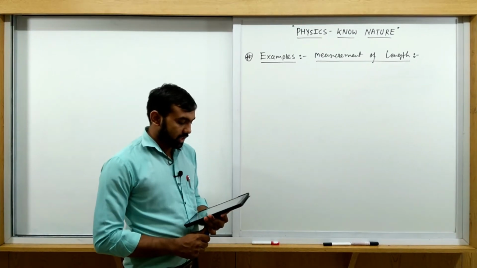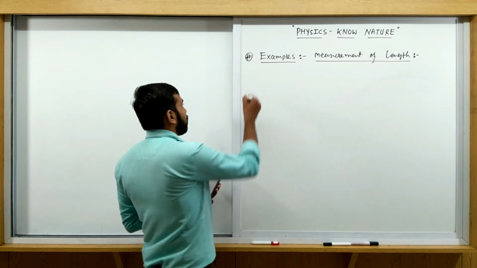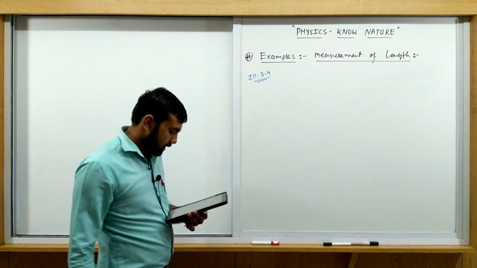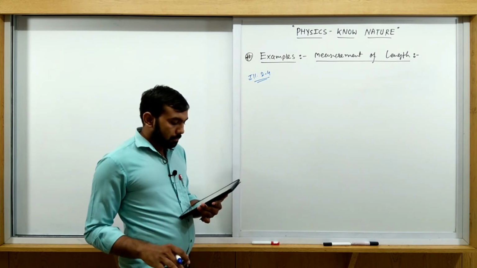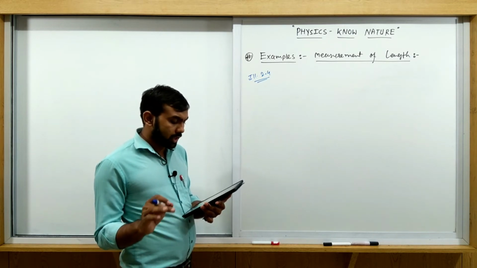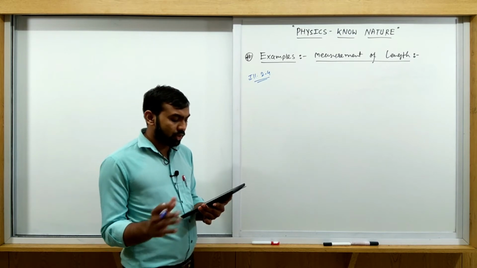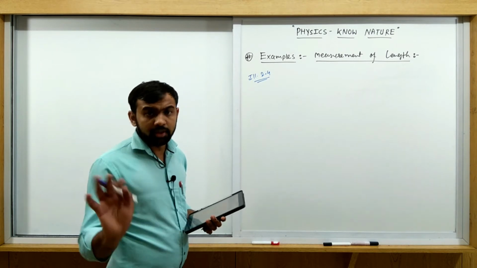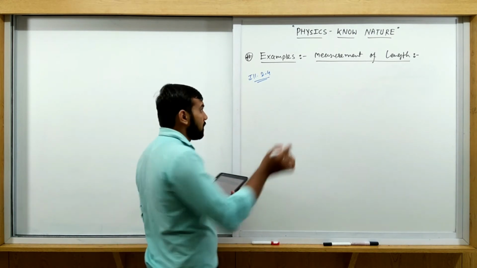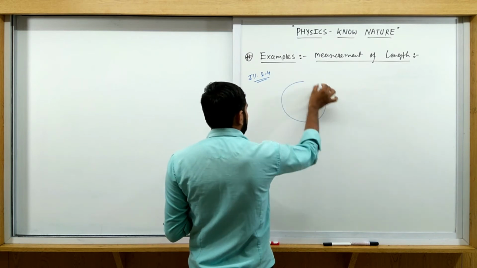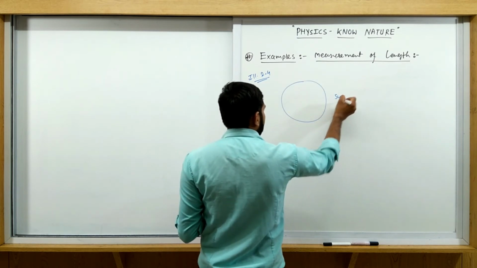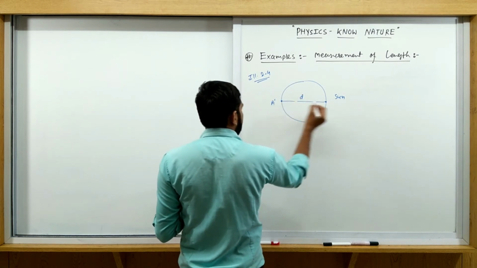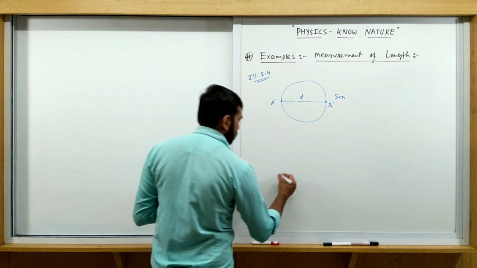Okay guys, let's come to the next example, Illustration number 2.4, again on the same page. The sun's angular diameter is measured to be 1920 seconds. Underline angular diameter. What is the meaning of angular diameter? First understand this as we discussed in theory. Suppose this is the sun, and this is the diameter of the sun, A dash B dash.